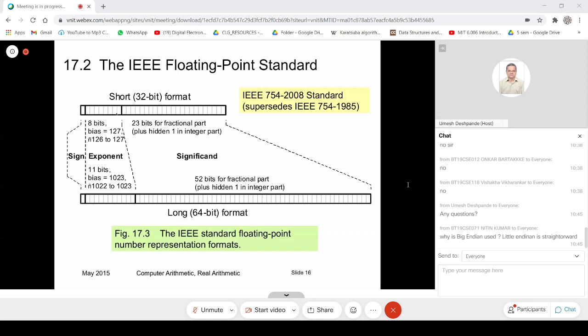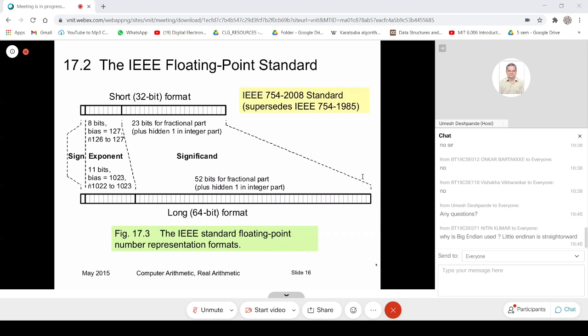Let me illustrate this in decimal. If I have the number 128.43, I will represent this number as 0.12843 multiplied by 10 raised to